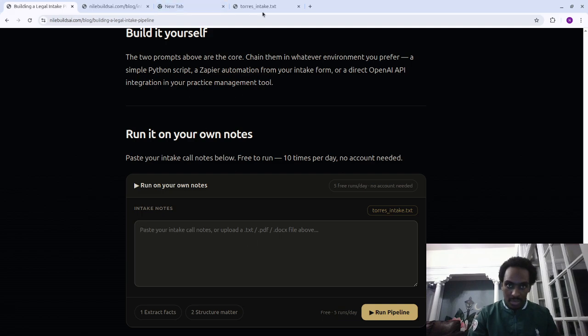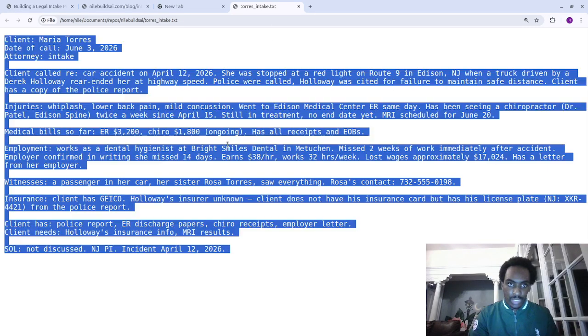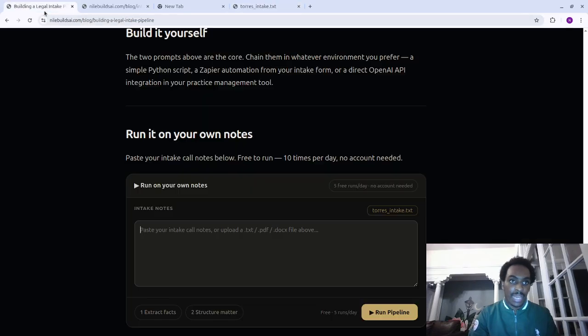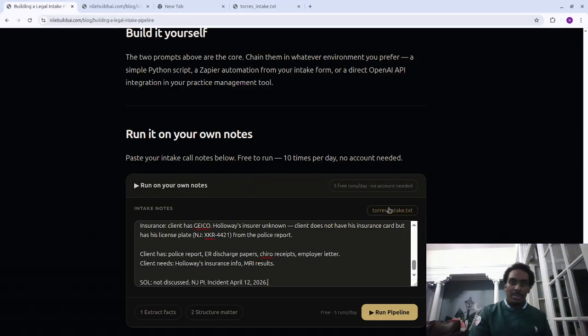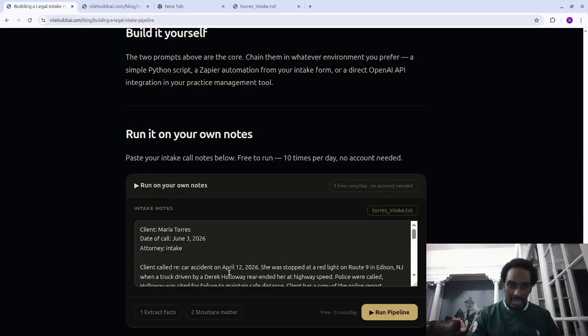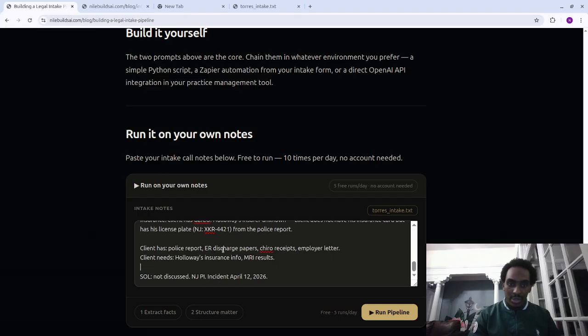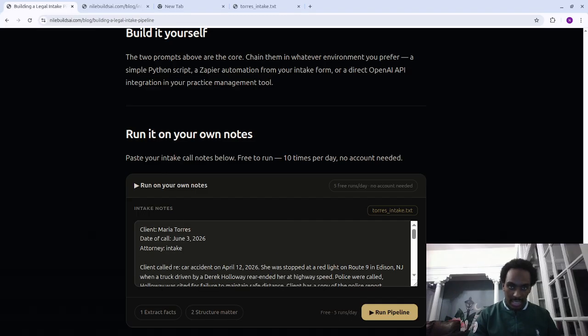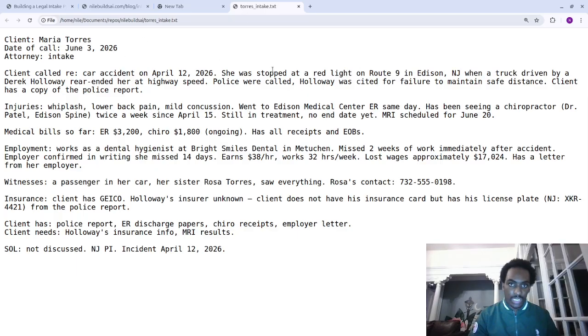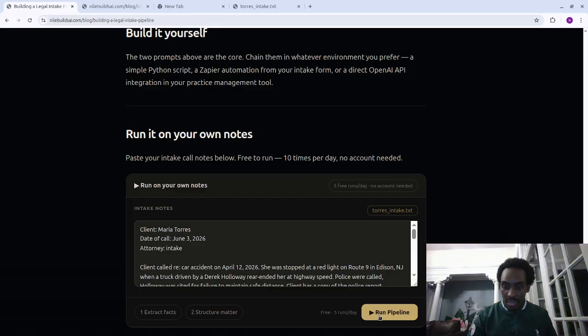So I just deleted it so you can't see it, but I'm just going to recopy it in. This is just the document I have open in a different tab. When you upload the document, it should parse the information from that document and paste it into the notes. So this is just the same as what's in this text document, but you could also upload PDF and Word documents as well. Then you click the Run Pipeline button,